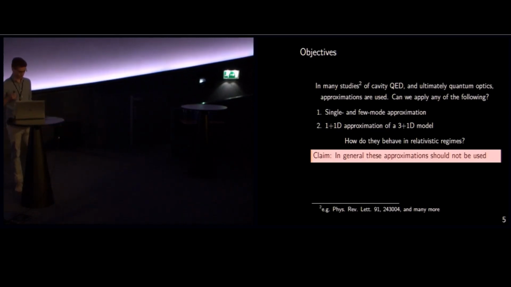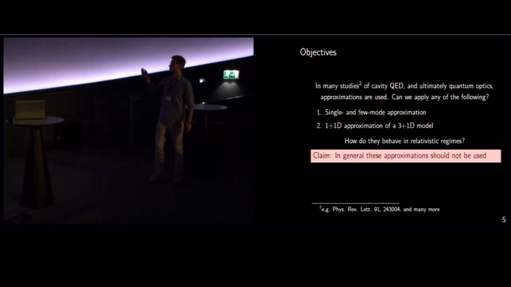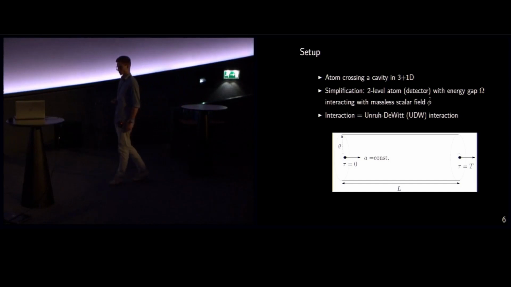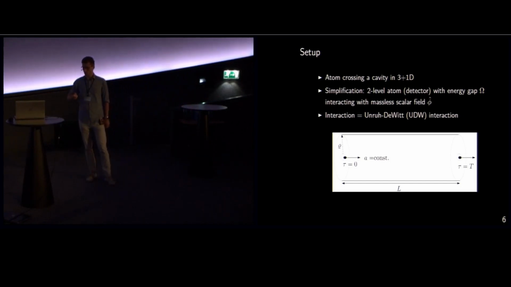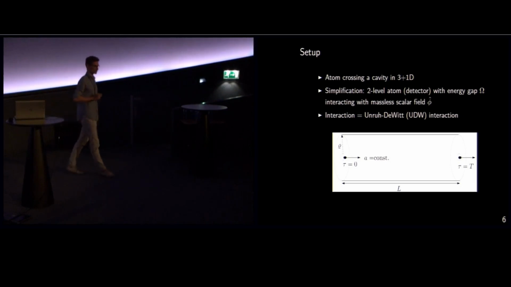And that is a problem for many papers in the literature. So our setup that we use, we use a 3-dimensional cavity, and we model our atom as a two-level atom, so that could be a qubit, and is separated by energy gap omega. And this interacts with a massless scalar field phi, and okay, you see now this doesn't look like the usual